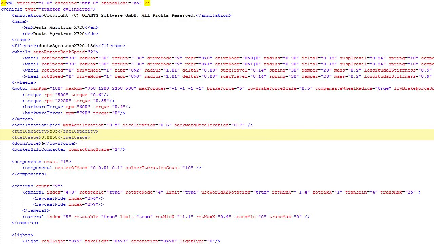Fuel capacity indicates the tractor's fuel tank capacity in liters. Fuel usage is the fuel usage expressed in liters per meter, converted into distance. Downforce is a downwards force pushing the vehicle towards the ground. This is used when tuning, since the normal simulated gravitational pull alone may not be enough to push the vehicle